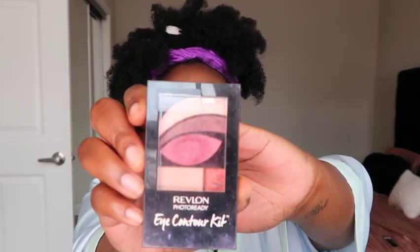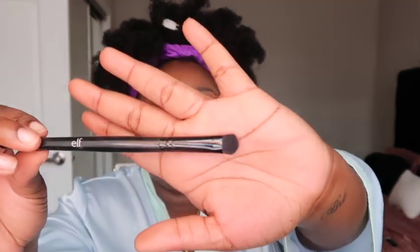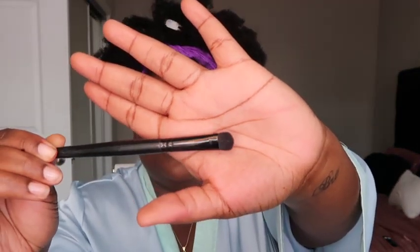Okay, so now we are going to take that Revlon in the number 2 from this palette. This is the back. And we are going to take a more dense brush. This is an e.l.f. brush. It's an eyeshadow brush, it doesn't say eyeshadow brush though, so it's just this e.l.f. brush. It's a bit denser, as you can see. And we're gonna use that to kind of get the color